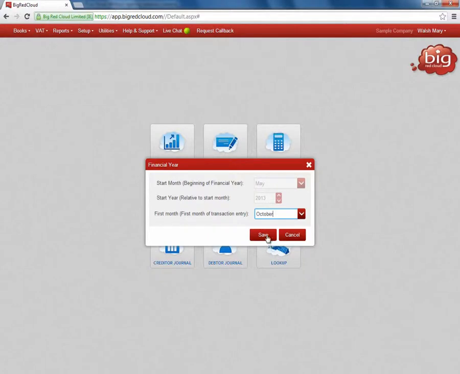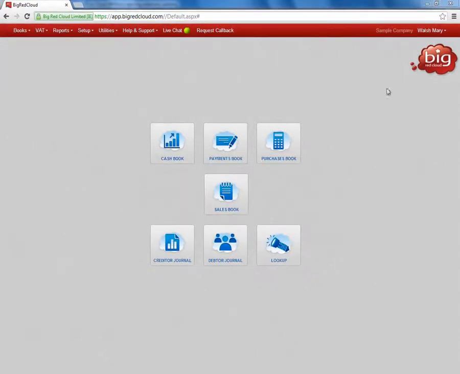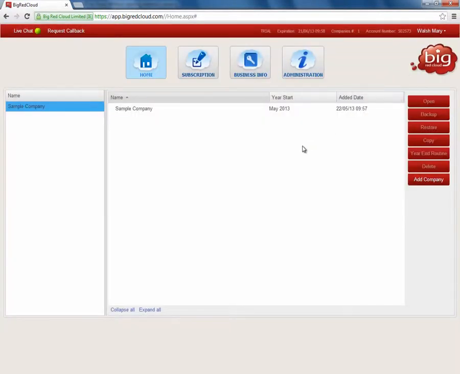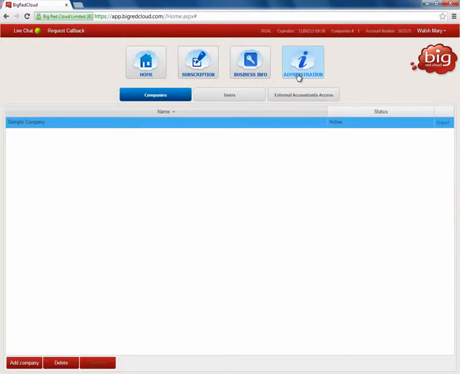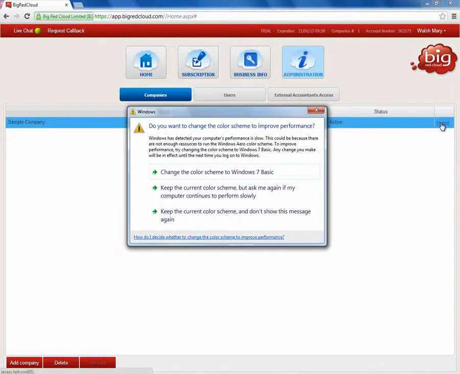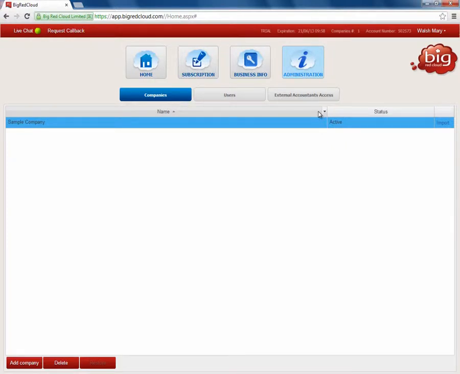Once the company is saved, please exit out of the company and go to the Administration tab. In here, we can see the company or companies that we have set up as part of the subscription. Beside the active box, we have an option for import. Please note if any pop-ups appear on the screen, just X out of them. To continue, select Import,